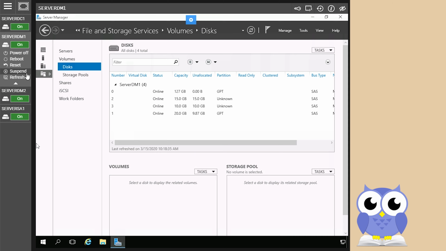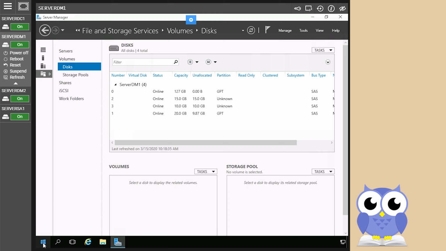To server DM1. Alright, let's just click on that. Let's just click that, and it's very good then. Alright. Okay, now we finished that. We're going to now move on to the next step, which is going to be working with disk volume